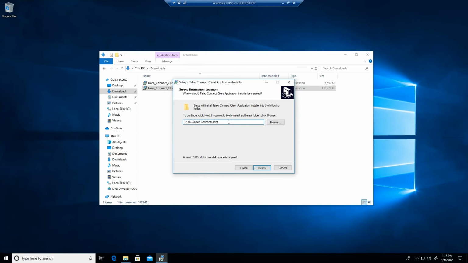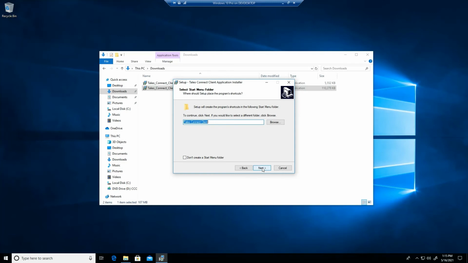Now, once again, I'm going to do the installation so that it falls into the TCC directory. With the Taleo Connect Client, I'm actually going to append the version number we are installing. The reason for this is differing versions of TCC can be installed side by side, and then we reference the executable or bat that's in that directory to do the upgrade. So basically we're just going to put a 19D on the back of this